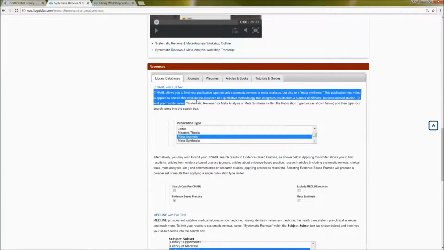Also keep in mind that just below the database is a description of how to use some of the database features or these filters, which I will walk you through, but all of those notes and information are here on this page as well as on your outline. So you don't have to memorize this information. You can always come back here to this page or consult your outline for how to navigate the database once you're inside it. So I'm going to click on CINAHL with full text, and this will open the database in